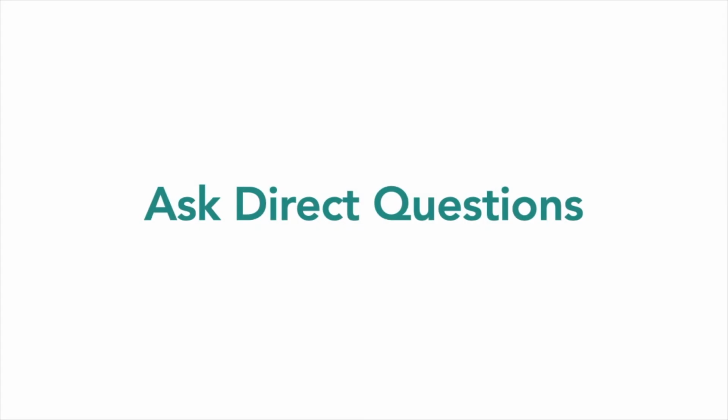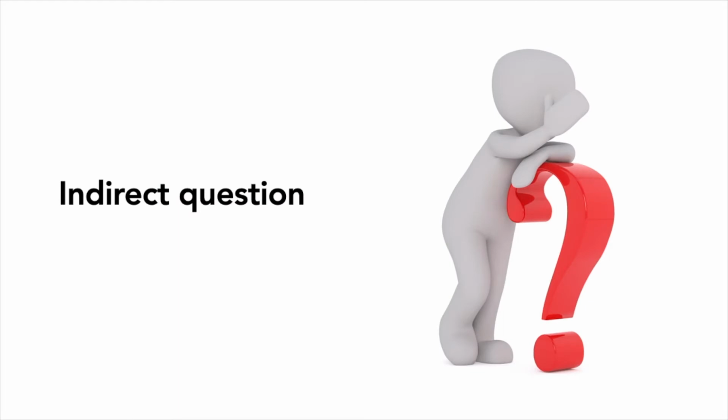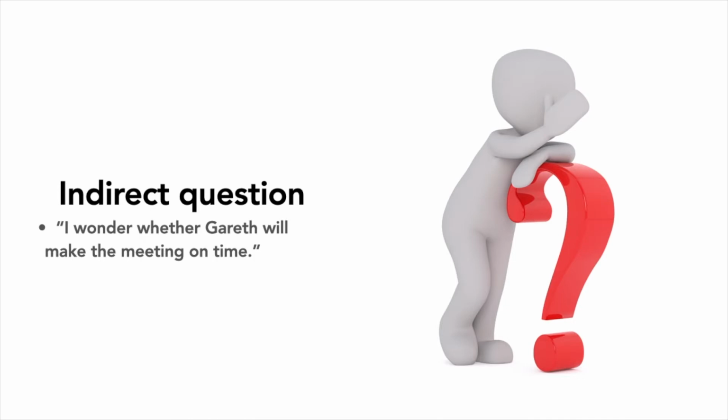Writing hack: ask direct questions. There are actually two kinds of questions: indirect questions and direct questions. An indirect question is presented as a statement, not as an interrogative. For example, I wonder whether Gareth will make the meeting on time. And when I say it out loud, you can hear that my intonation is just flat. My voice doesn't go up at the end of the sentence as it does if I were asking a direct